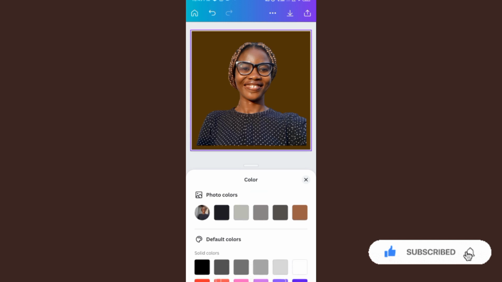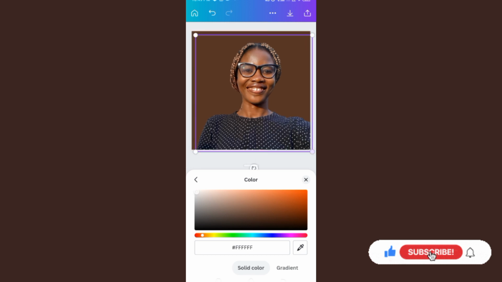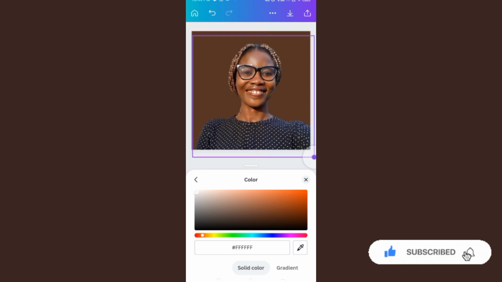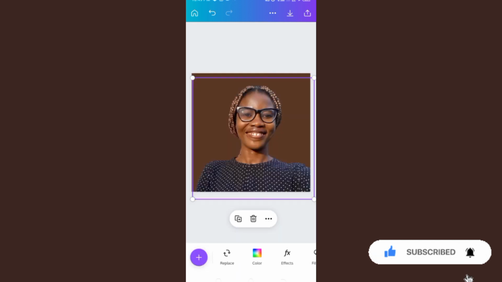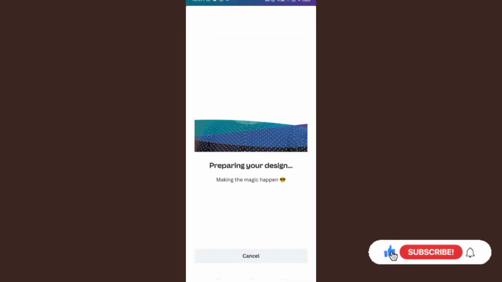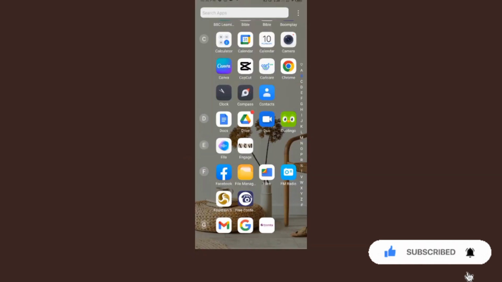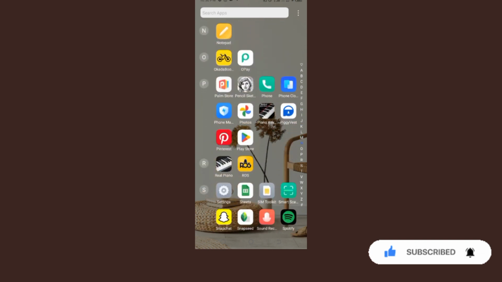So in this case, I'm going to tune my image until I get the perfect color that I want, so that it will be easy for me to edit. If you take pictures, if you go for photo shoots, you will notice this, that most photographers use good colors that rhyme with the skin of the portrait. So I've downloaded it. So we've been able to remove the background from both images, and we are going to now